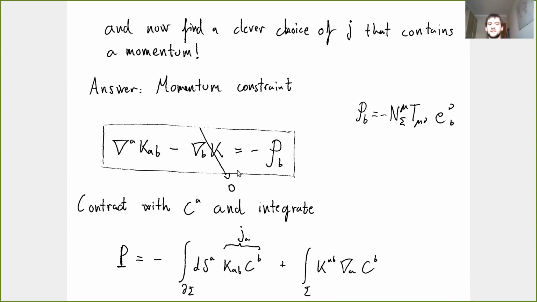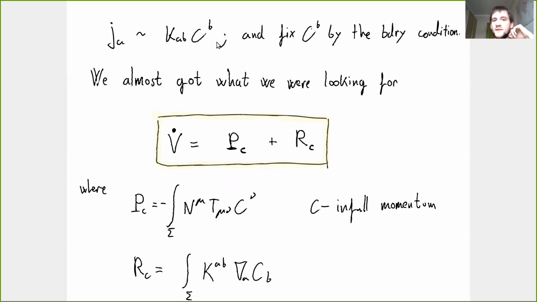Okay, so the momentum constraint gives us a notion of momentum, but we still need a scalar, so we need to contract with some other vector field and then integrate to get some finite quantity, to get some scalar quantity. Okay, so we can do that. This notion of momentum would be precisely that, just this density contracted with an arbitrary vector field and then integrated over. And then the trick is just to choose J as to be this term here. Okay, we have used here some manipulations to write the integral again as a boundary term plus a term over the slice. And if we take now J to be of this form and fix C by the boundary conditions that we need, so that J has the correct boundary conditions, we almost get what we were looking for,